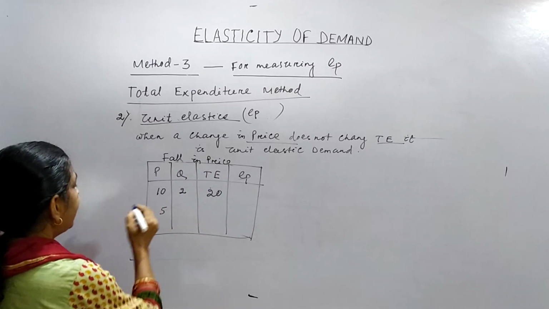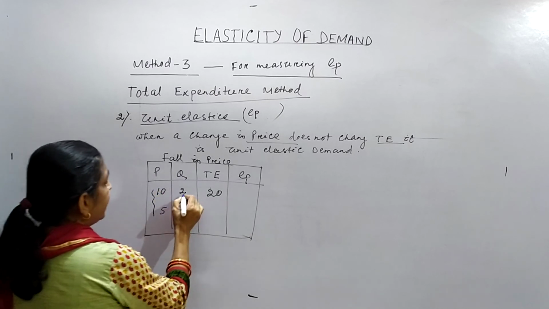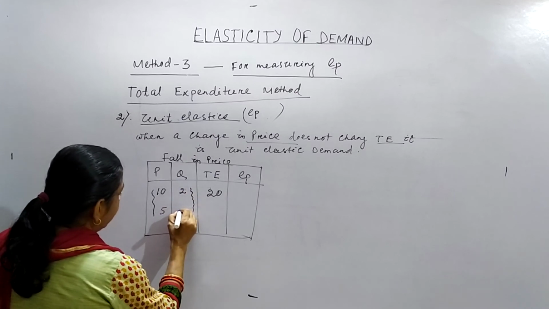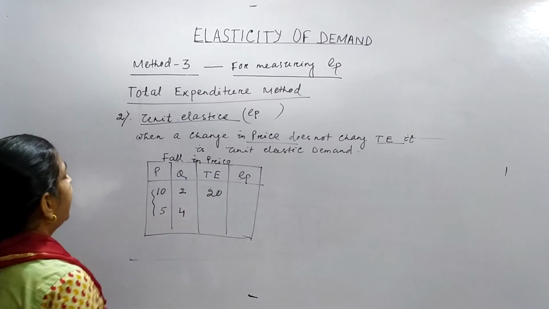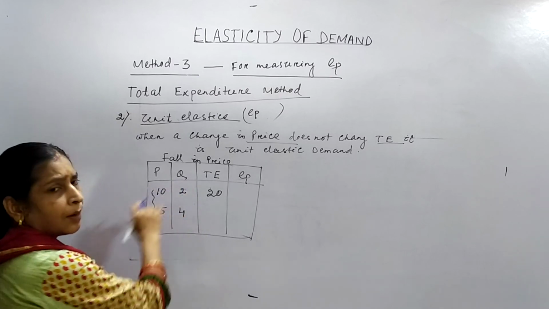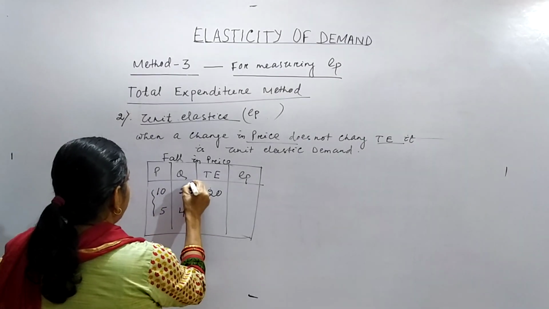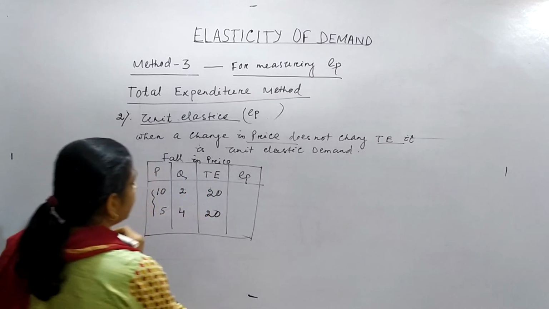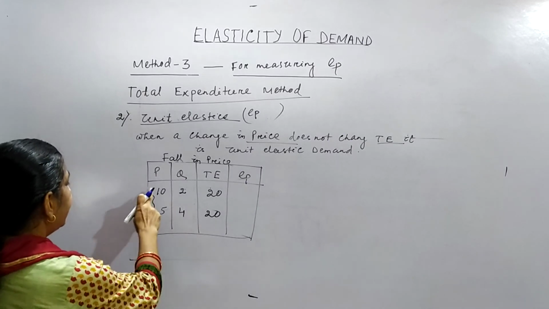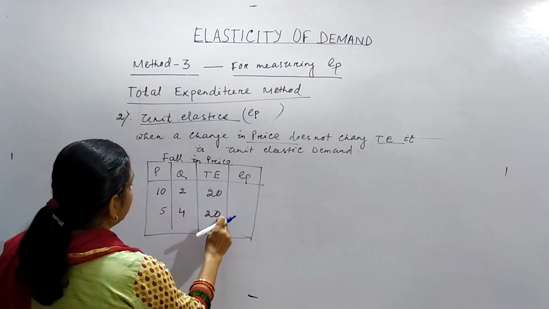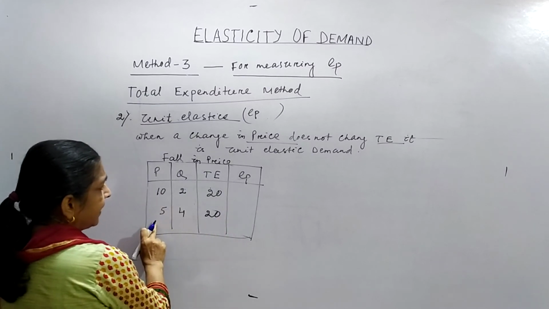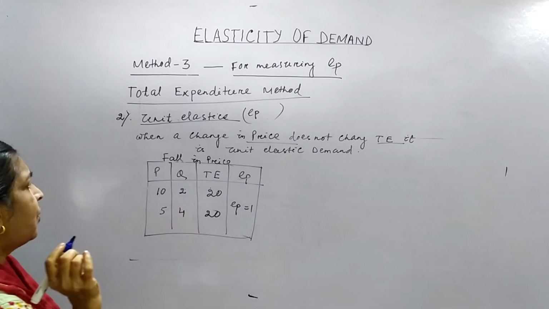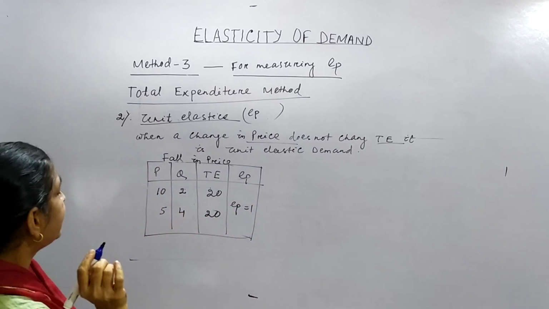Now total expenditure, here price is half. So quantity demand just will be doubled. So 2 का डबल क्या होगा ना 4. प्राइस हाफ होने से क्वांटिटी डिमांड जस्ट डबल हो गया. सो टोटल एक्सपेंडिचर विल रिमेन सेम 20. फ्रेंड्स, you see here, total expenditure does not change with change in price. So in this case, EP equal to 1. This is the fall in price case in unit elastic demand.